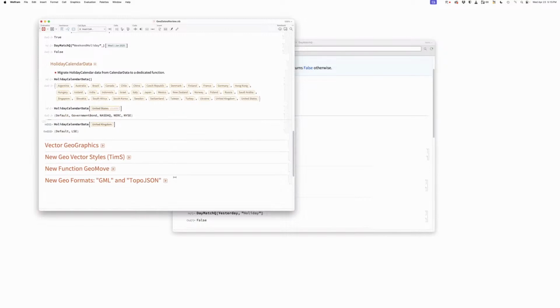And that would let us do things like, if I ask for New York Stock Exchange, I can say which holidays are observed there, and it would give me the entity list of those holidays. That'll be nice. And it's like banks versus schools versus whatever else. Yeah, and there's a whole population of